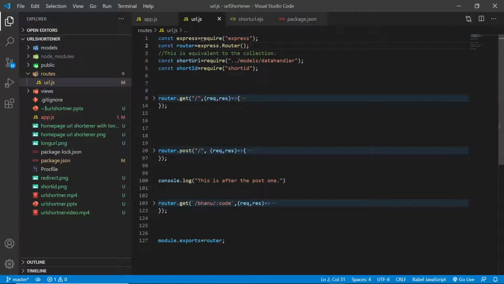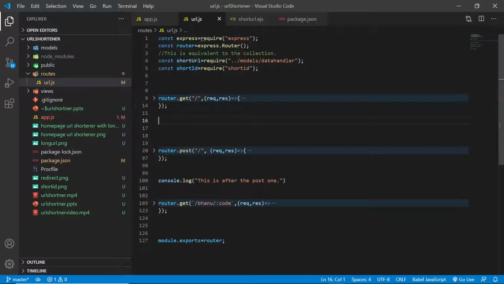We can't specify all those routes in our app.js. All those routes should be handled by another file, so we have to write them in another file. Using this router function, we will create this router object, and using this router object, we will specify all the methods: get, post, delete, those types of HTTP verbs,